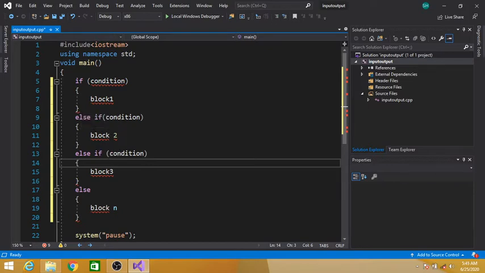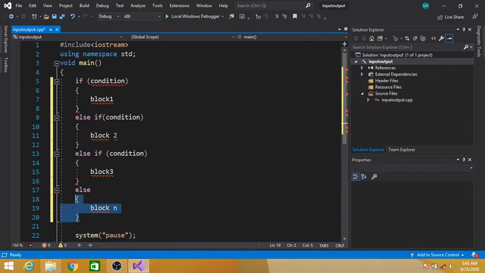And if this condition is also false, then the control will skip block 2 and directly jump to the next else if and check this condition. And if this condition is true, then block 3 will be executed. And if this condition is also false, then the control will skip block 3 and directly jump to else, and the statements in the else block will be executed.